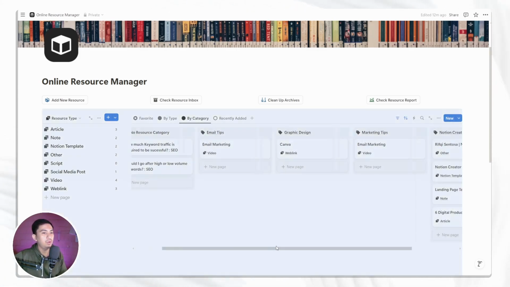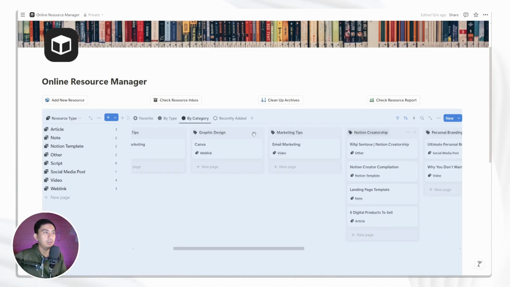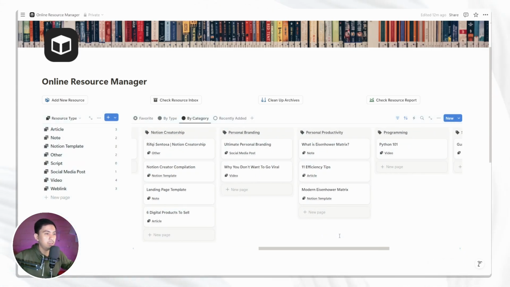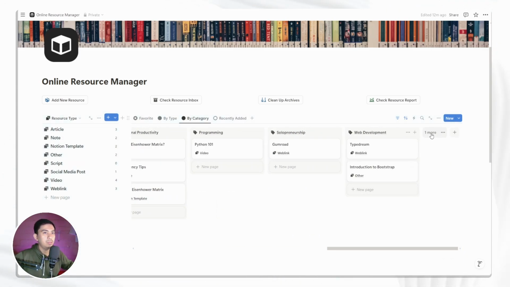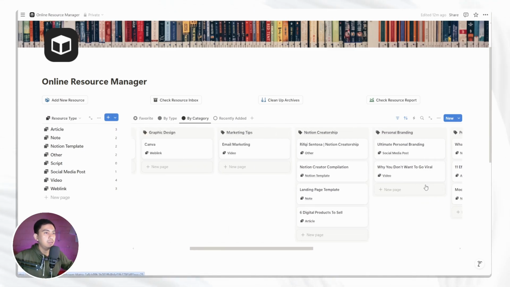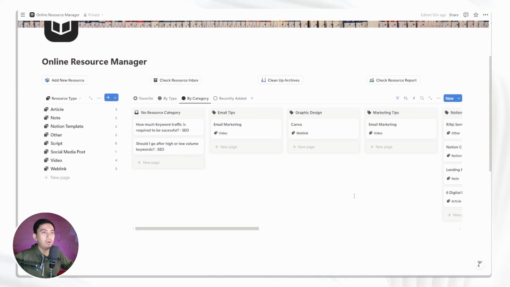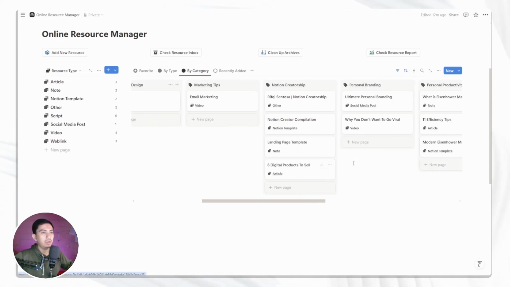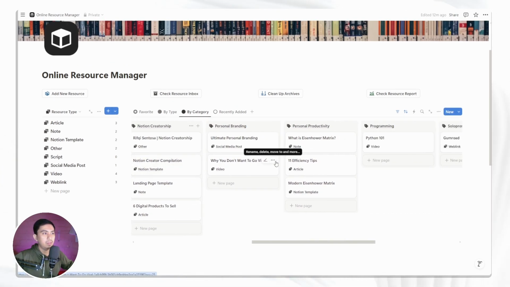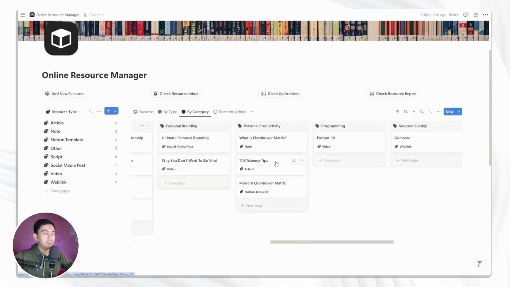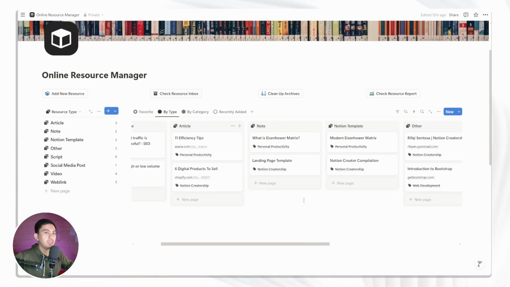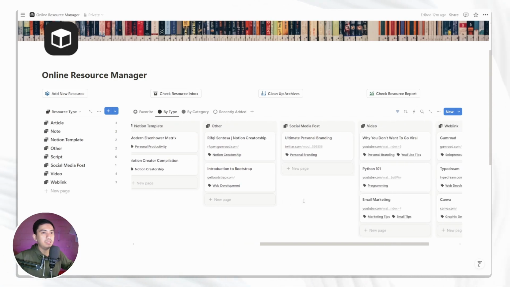So if you go to the right, you will see more categories in this case. And yeah, you can use your touchpad to navigate, and you click this one to open everything. This is a really nice way of navigating your resources. If you have more, you will go even lower into the collection. But yeah, I think this is a really neat way of showing the big picture of all of the resources that you have. The type is also the same. So yeah, it uses the same structure here.